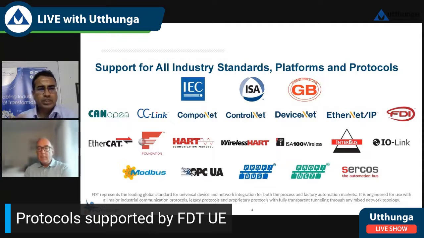I, of course, see OPC UA also on the list, and I know OPC UA is an important element of the entire technology. I would like to ask some questions about that a little later. But now that we've touched upon some elements, the FDT hub and some benefits you mentioned, just to help summarize and bring home the point: what does it mean for vendors and end users? What does it take for them to migrate to FDT UA, given everything you've shared? Yeah, that's a good question.